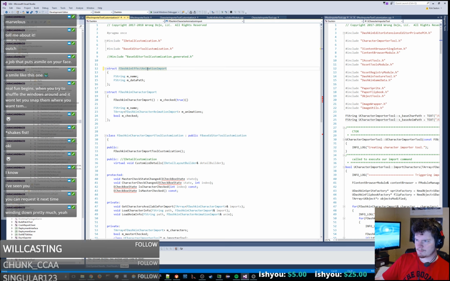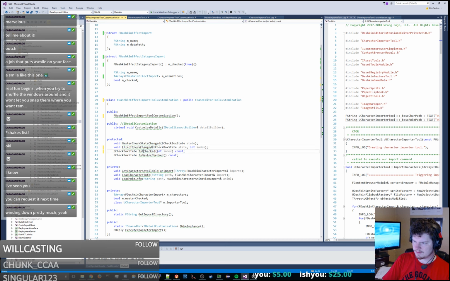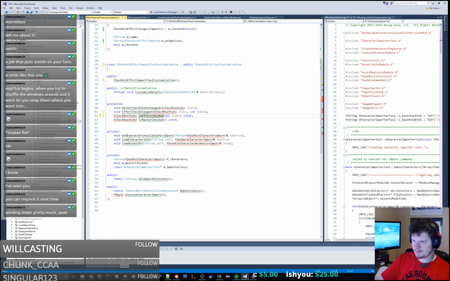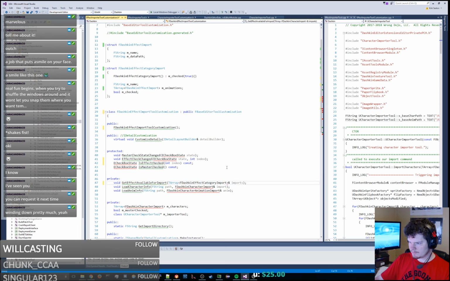And this will be effect import tool customization. And yeah, we want these checkbox states. Is character checked? We want effect check changed, and is effect checked. Get characters, get effects available for import. This is going to get the effect categories and